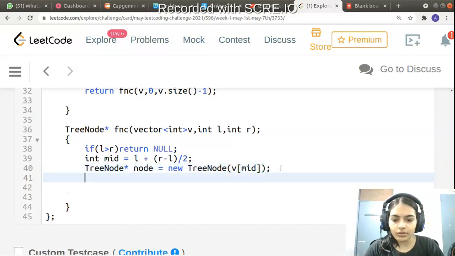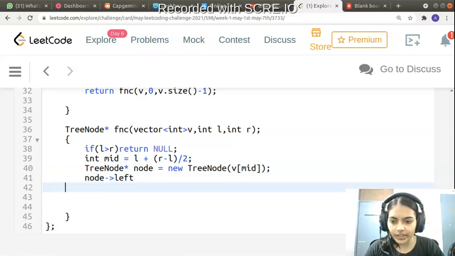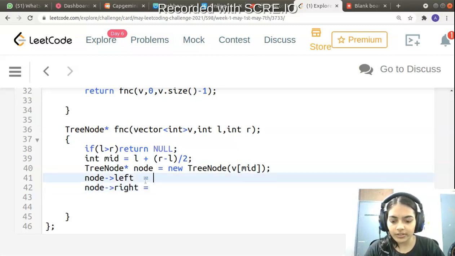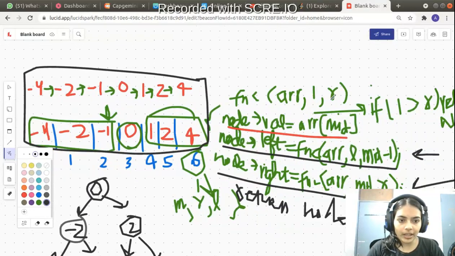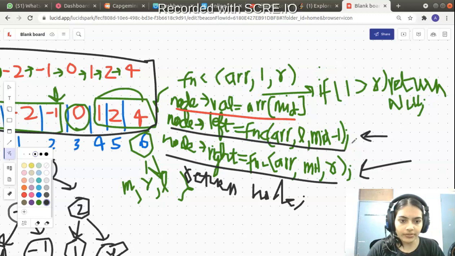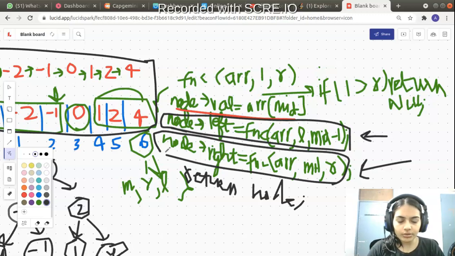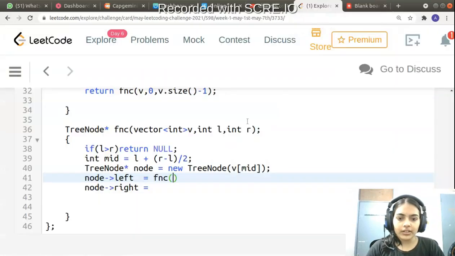So once this gets stored, now you have to give the left and right child of this particular node. So how do you give the left and right child? We are going to do recursive calls. So what is the first recursive call? So function, as we saw in the code. So let me show that example here. This is the first line that we are going to write, and this is the second line. So node's left is equal to, okay, instead of array I have written v here.